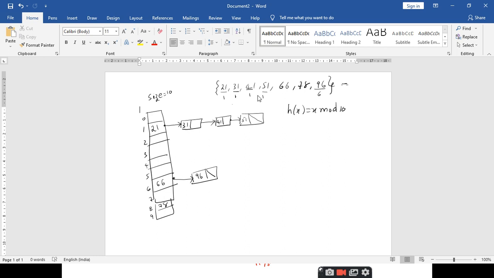So if I want to search 41, first of all I have to apply 41 to the hash function. So 41 evaluates to a hash key of 1, so I go and search location 1, but the value 21 is not equal to 41. Then I just pass on to the next element in the linked list. Again I check 31 with 41, no, it is not matching. Again I go to the next element, 51, compared with 41, so it's not a match. Then I reach 41, so here I found a match, right? So this is almost similar to a search operation in a linked list, right?